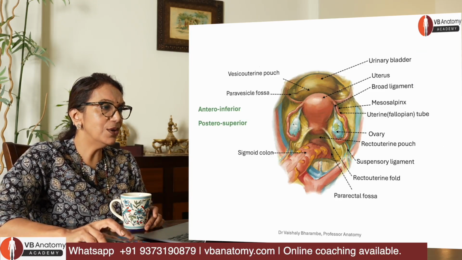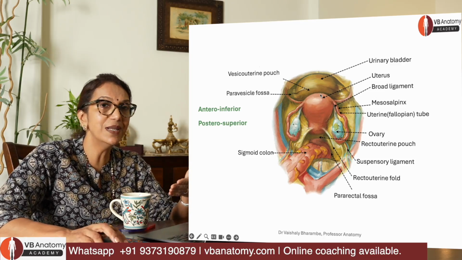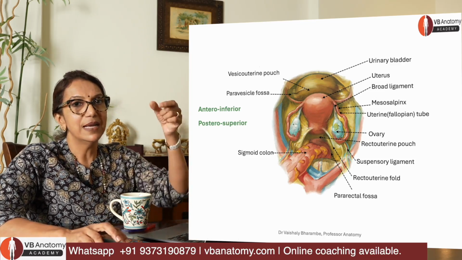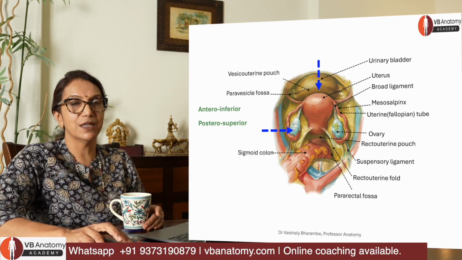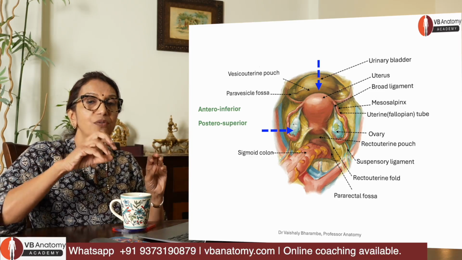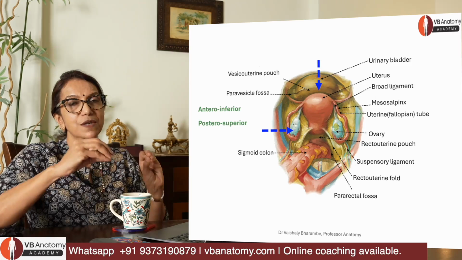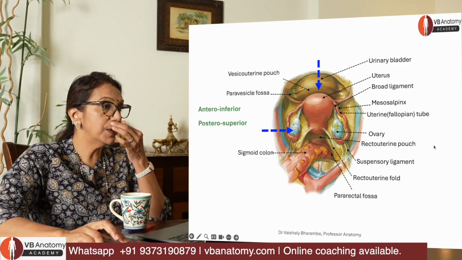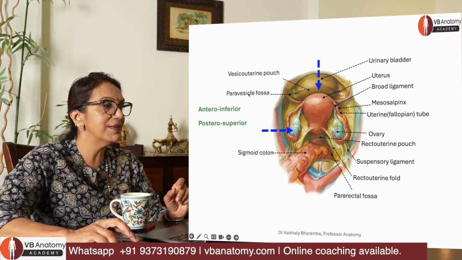Right. So here you're seeing the antero-inferior surface, okay, with the uterus falling forwards. Antero-inferior surface will be obviously related to the urinary bladder separated by vesico-uterine pouch. Posterior-superior surface, okay, of the broad ligament is related to the two ovaries and the double fold of peritoneum attaching the ovaries to the posterior surface of broad ligament. This is quite a bit. So let's understand. Just remember, in the anterior part, it's also related to paravesical foci.